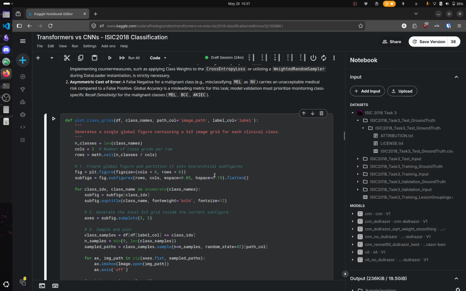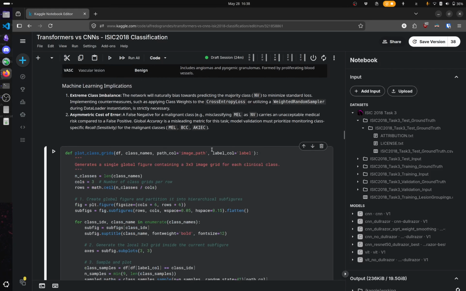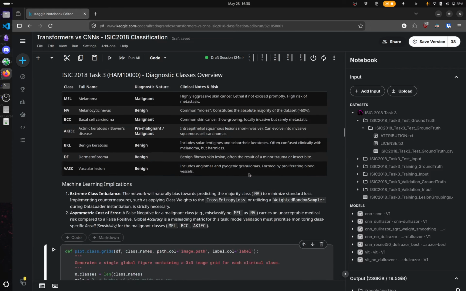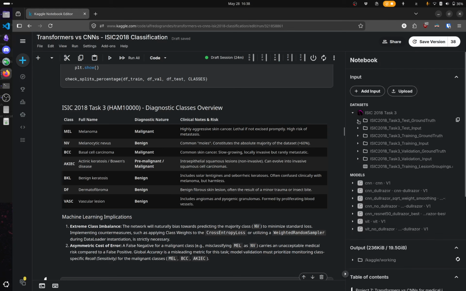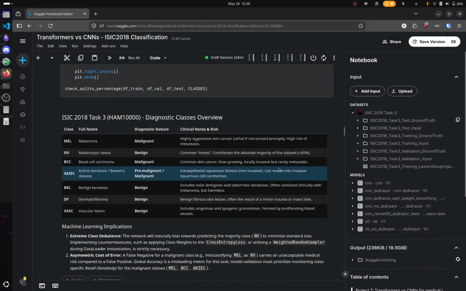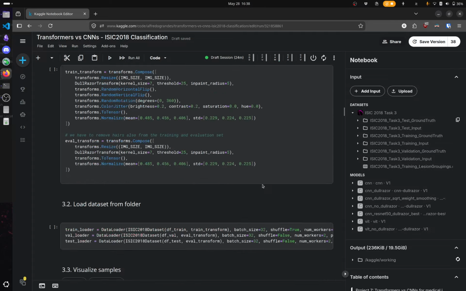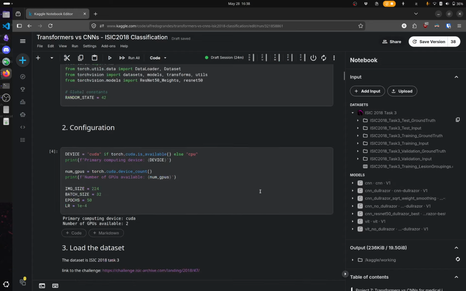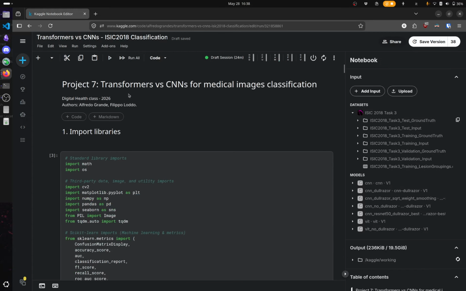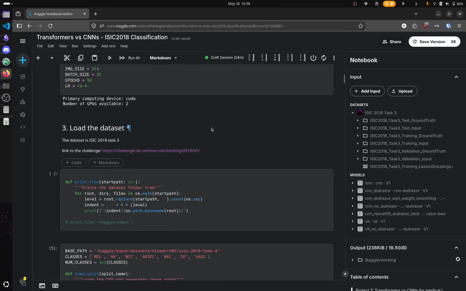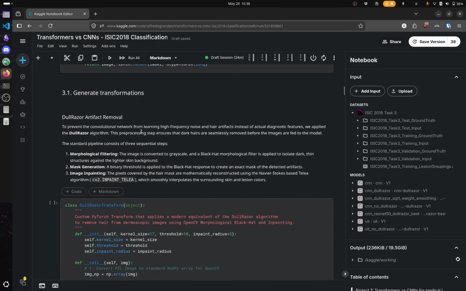And what we need to do is accurately classify each of the images in the test set by training it with the models. The main objective is to evaluate if the transformers or the CNNs are better for this purpose. So we start by